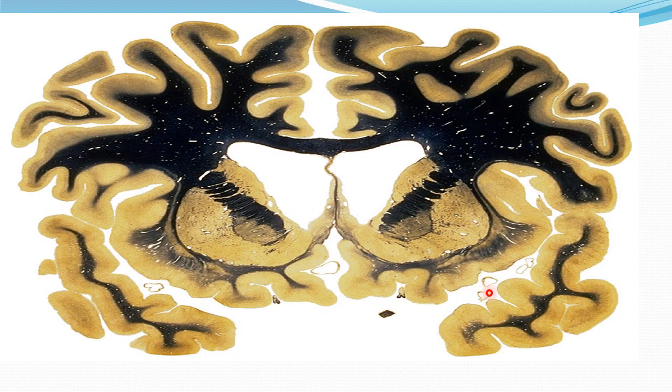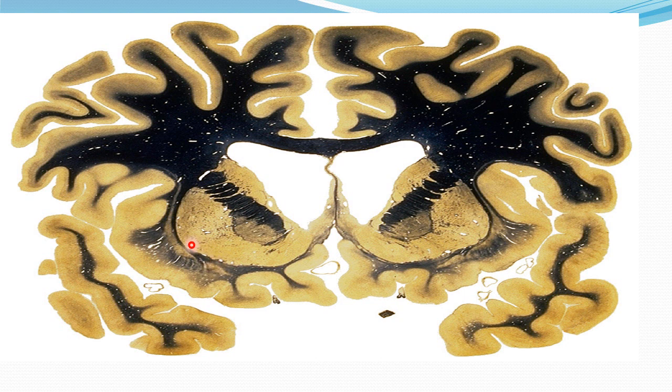You can see in this diagram, here is the head of the caudate nucleus. Here are connecting fibers to the putamen. This part is known as putamen. Here is the globus pallidus. Between putamen and globus pallidus lies the lateral medullary lamina, a sheet of white matter. The globus pallidus is again divided into lateral and medial parts by a sheet of white lamina known as the medial medullary lamina, into external part and internal part.